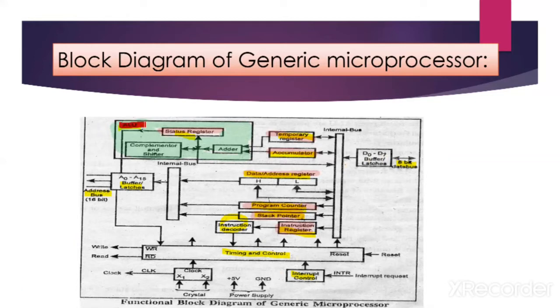So let's discuss ALU, that is arithmetic logical unit. This unit performs arithmetic and logic operations. This unit also performs a rotate operation. The operations in this unit affect the status register, that is, all operations performed by the ALU affect this register. The result from ALU is placed in the accumulator, which means the operation is performed here and the result of the operation is stored in the accumulator.